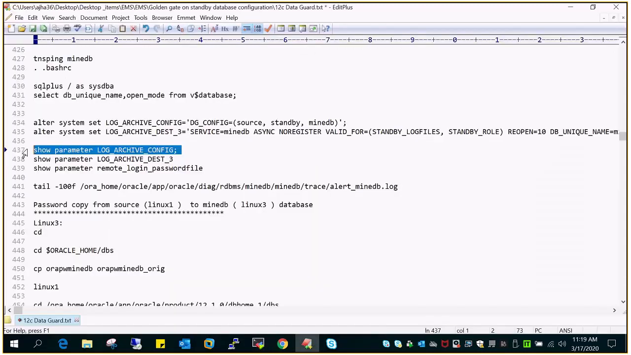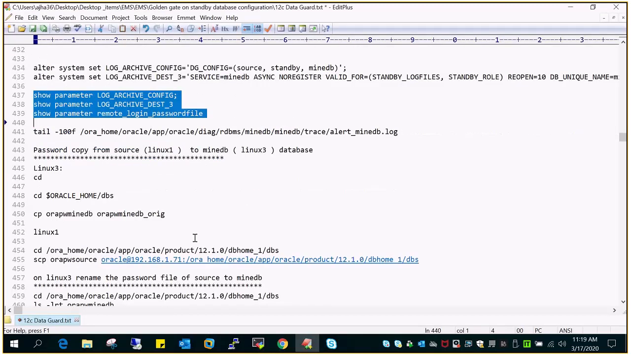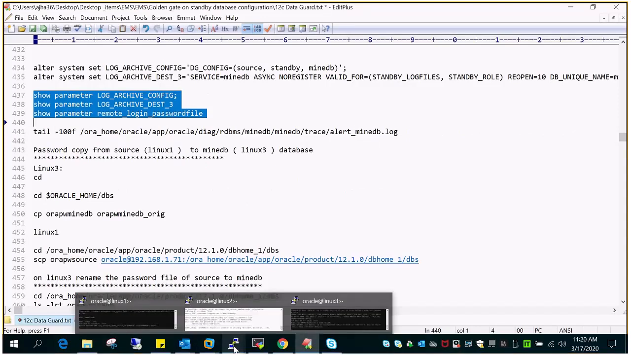This is done. Let's verify it, show configuration, and this should show that everything is fine. Yes, dg config has been set. Log archive dest 3 is configured. Remote login password file should be exclusive. Now in the next step, you can check the MineDB alert log as well,